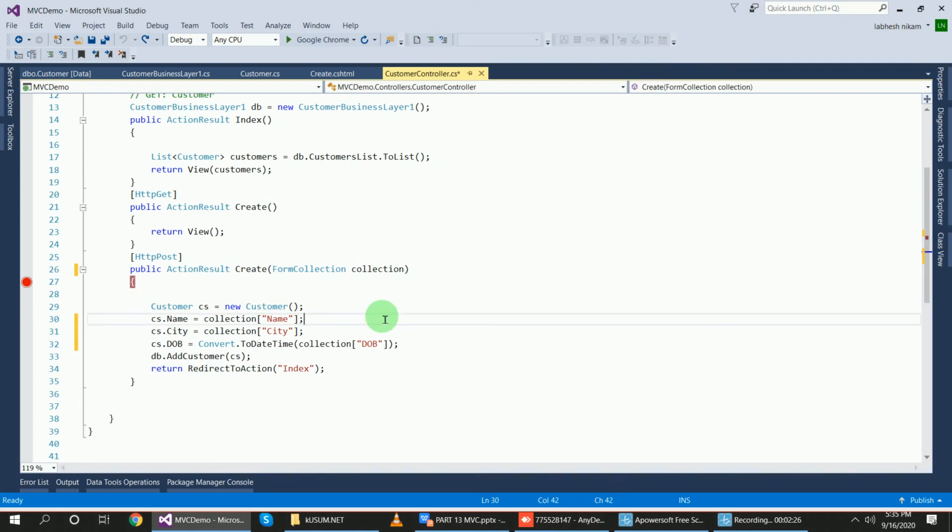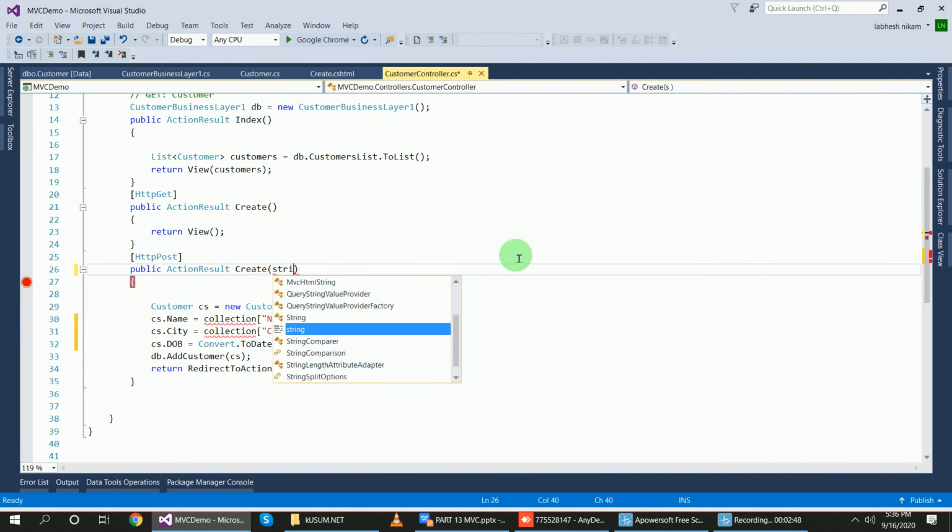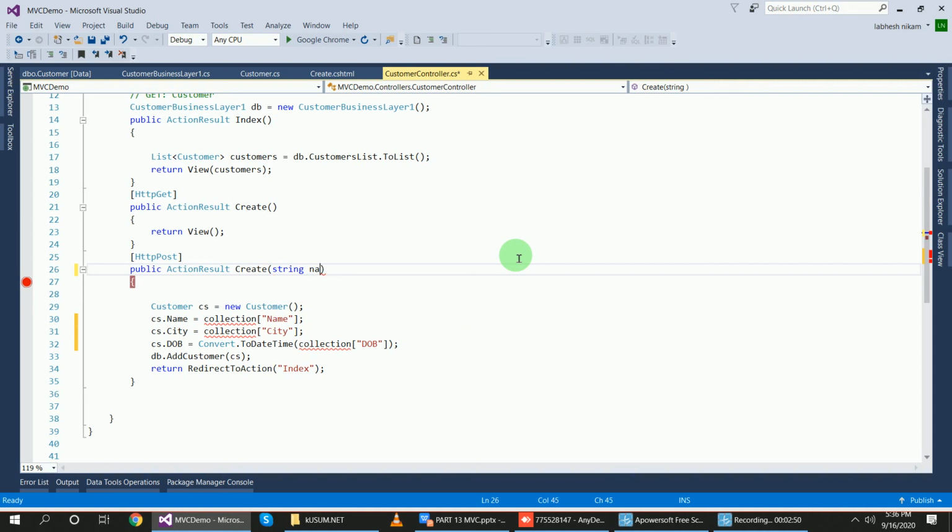Now, without this form collection object, how do we save data? We will save the data using simple parameter types, parameters we will pass here in the controller method. This is my post method and I am going to pass parameters. First I will pass name. My name parameter is a string, so I will give string name, but these parameters must match the names of the objects on the view side.